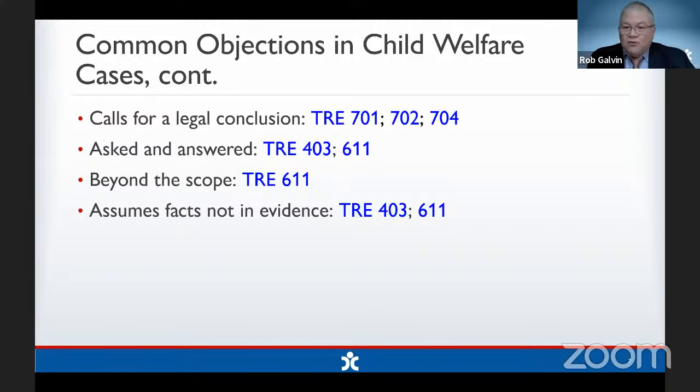And so you can have caseworkers, you can have parents, you can have CASA, you could have therapists, you can have all these people testify about events or facts that they perceive to be true that no other witness has provided testimony for, and these are not facts. And sometimes it's in the actual questioning itself, right? So you're listening to that questioning that's coming along, and so be prepared for that, because I think these cases, more than any other type of civil case I've ever tried, are more rife with that type of testimony or questioning,